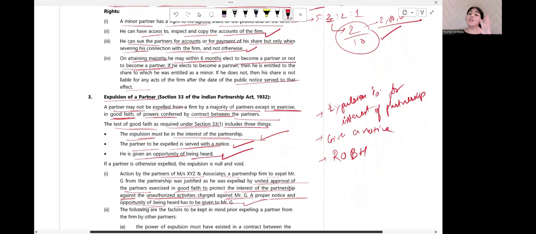See, in your institute's answer, they will not write the facts of the case over here. They have not given it in your textbook because they think you will be copying the facts of the case from the question. So first you will write the provision. Then after this you will write the facts of the case from the question. And then you will start writing the conclusion and analysis. Okay. We didn't see the B part. Let's see what the B part was talking about.